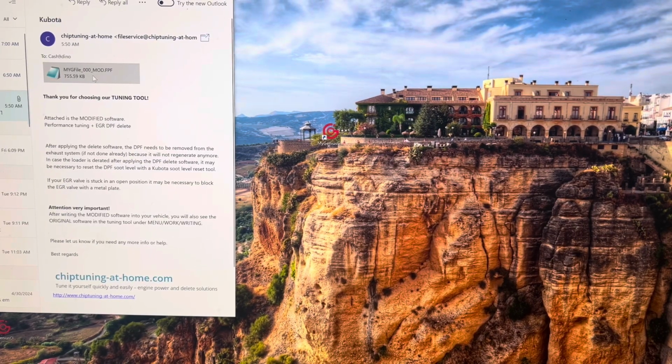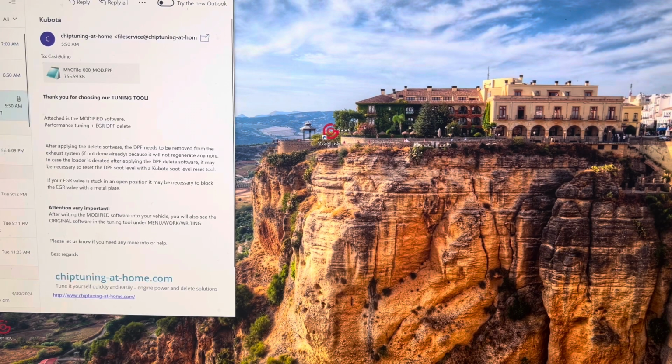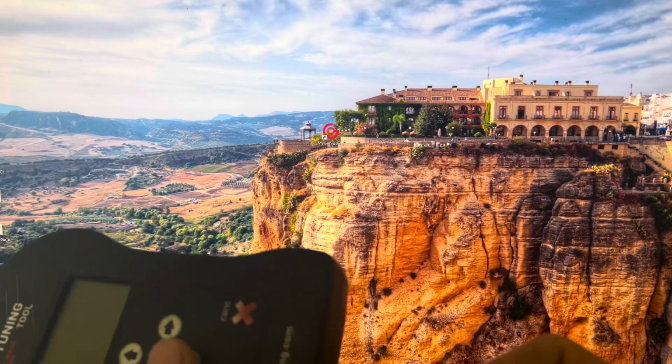Next thing you're going to want to do is you're going to want to left click on it, and then you're going to click save, and then you're going to want to go to My Genesis. You're going to want to click upload, and then you want to click save, and that'll save it. Next thing you're going to want to do is you're going to take your tuner, and you're going to want to plug it in to the USB cable,